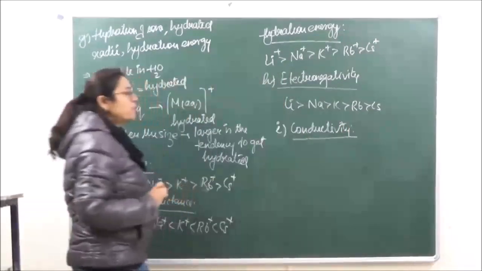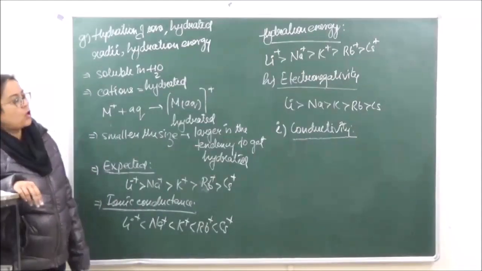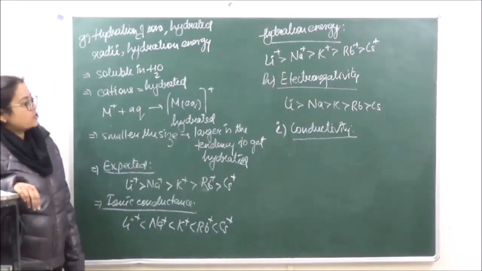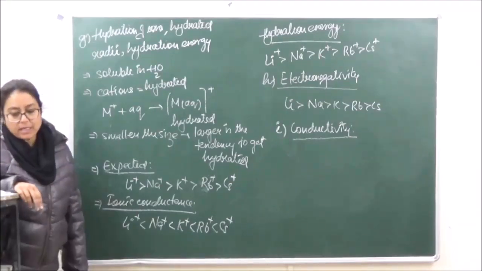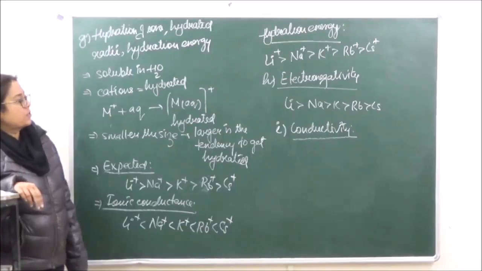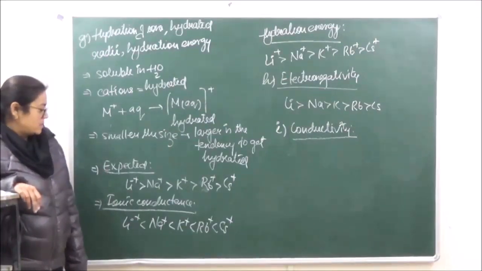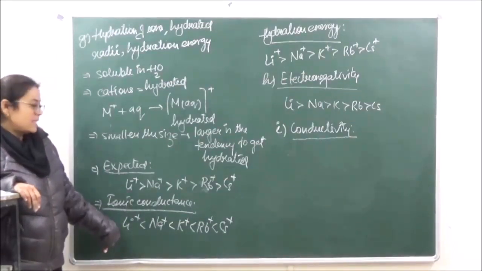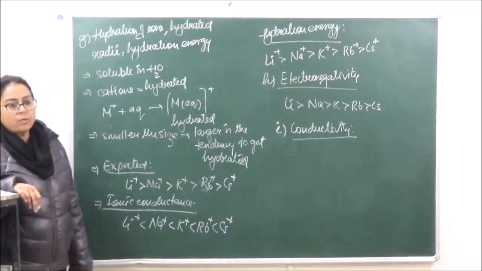They all are going to be good conductors of heat and electricity. This is because of the presence of loosely held valence electrons. Because their ionization energy is quite low, the electron can be easily removed, therefore they have high conductivities. However, the conductivity should keep on decreasing down the group. Okay? When we are taking it in aqueous state, it is increasing down the group. If we are taking it in metallic state, it is decreasing down the group.